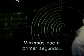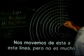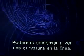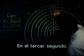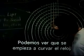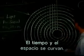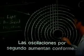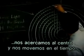We're going to see that second number 1, this happened. We went from this line to this line. We don't really see much change yet. In the second, connecting each line, we can start to see a little bit of a curvature happening in the second line. In the third second, we can see the clock is starting to curve. Space and time is starting to curve. The oscillations per second are starting to increase as we move closer to the center of the clock, as we move through time. The fourth second,